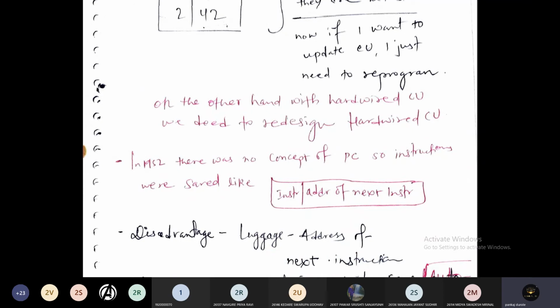So what is the purpose of program counter? It is to point at the next instruction. Let us say we have written a micro program for one instruction, then there is a second instruction that will get executed. For that second instruction we need to write the micro program, so we need to update the program counter. We need to maintain the data in the program counter. How was the program counter getting saved? See, the program counter is a register which will store the address of the next instruction. Automatically, once one program is executed, it will point to another program.